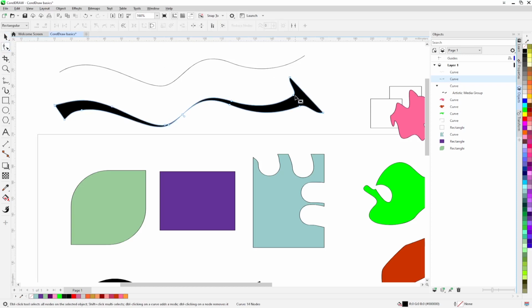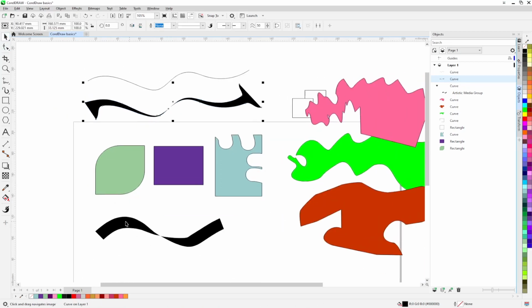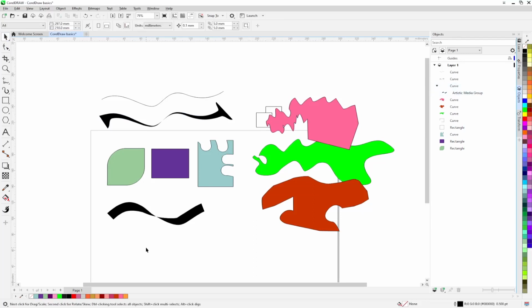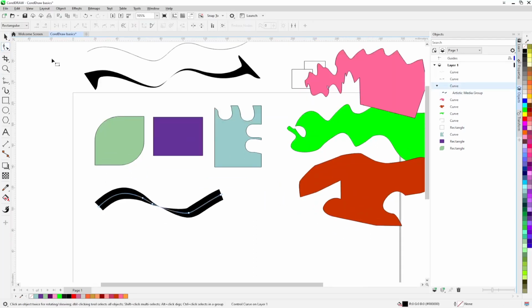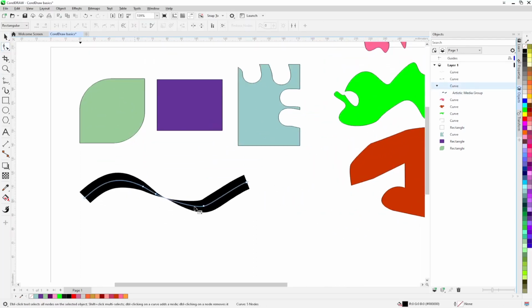You couldn't adjust the nodes of this shape, and I will show you on this line here. You can only adjust the path,